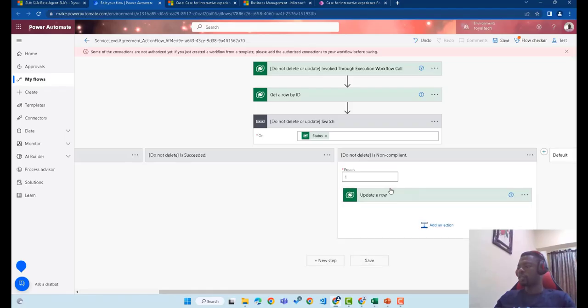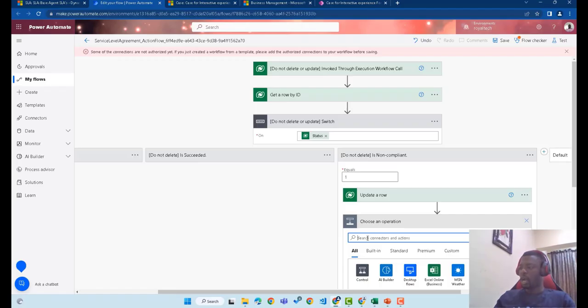Then the next action is, once we've updated this to one, we want to move this case out from the current agent back into the work stream so that it will be assigned to another person, moved into another work stream and assigned to another queue and a member of that queue, which is the support level 2 escalation agent. So to do that, we'll need the